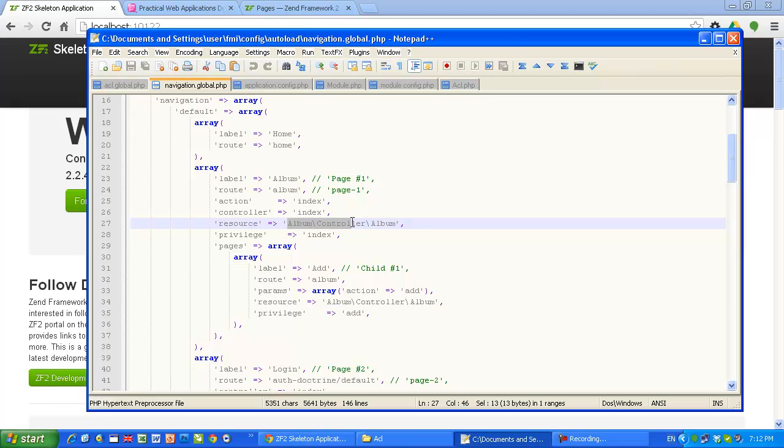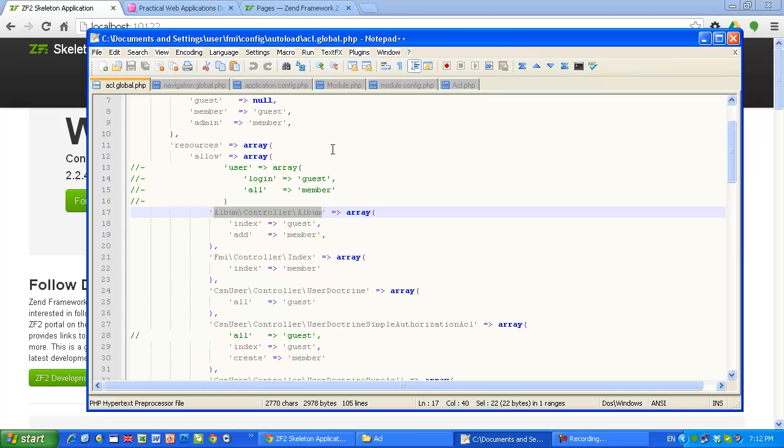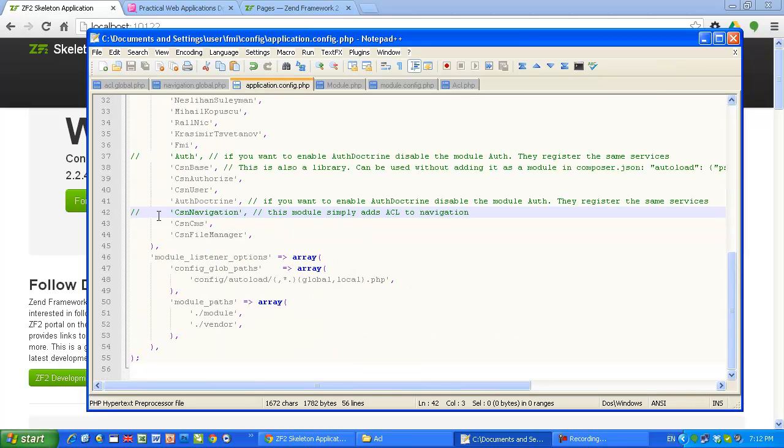Okay, so here we go. This is the resource, those are the privileges, and those are the roles which have access to these actions. Guest and member has access only to add. Okay, so as you can guess, now we have to tell the application that we have a new module, CSN